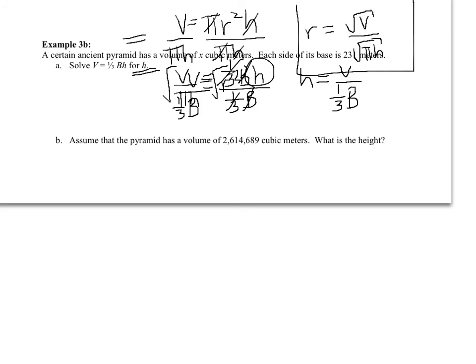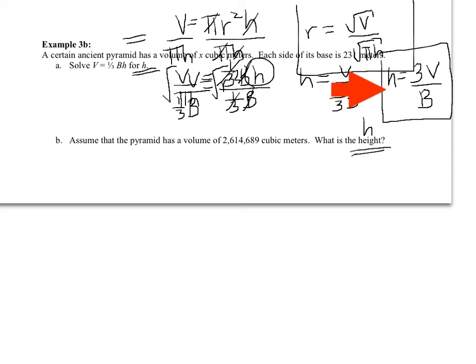If we have a fraction on the bottom, we know we can flip it, so we would have h equals 3V over B. That is solving for h. Now in part B, we assume that the pyramid has a volume of 2,614,689 cubic meters. What is the height? That's that h. They want to know the height. And we already have the formula that we're going to use for this. So let's substitute in. So height equals 3 times the volume